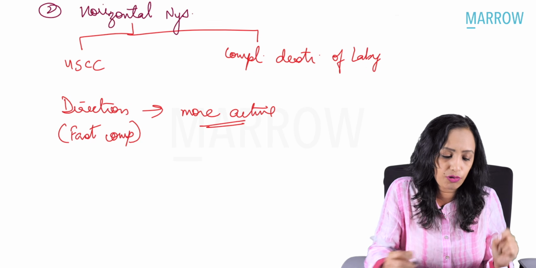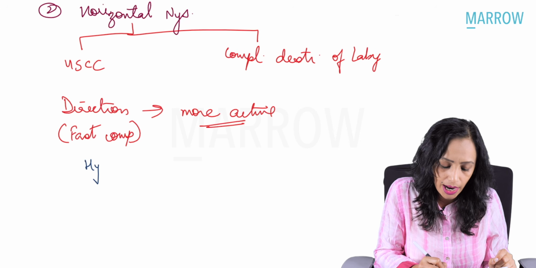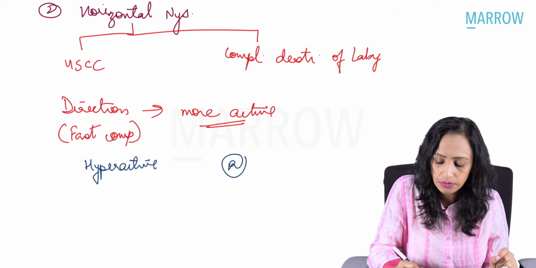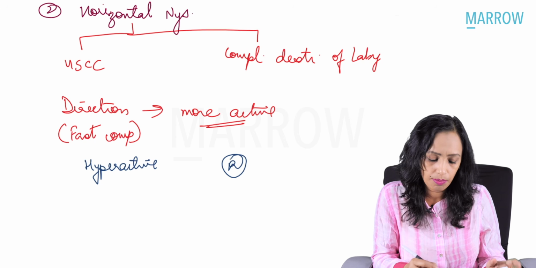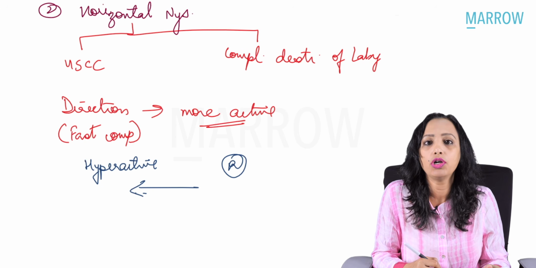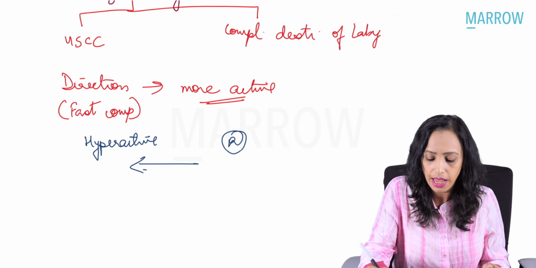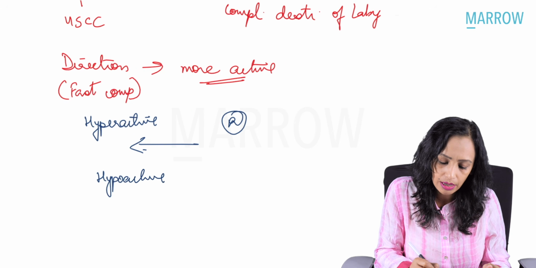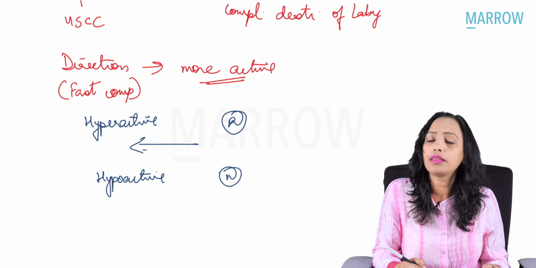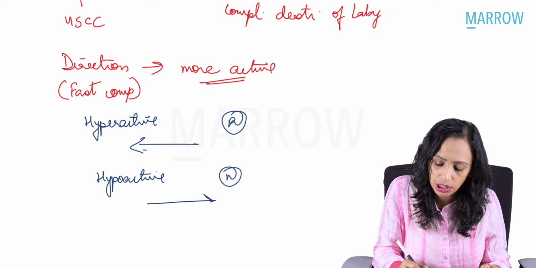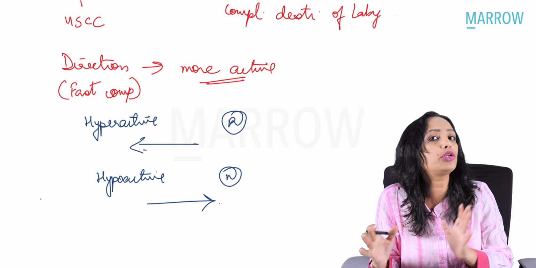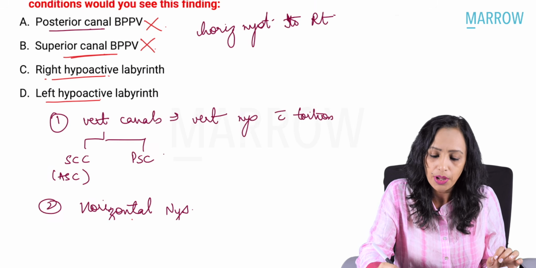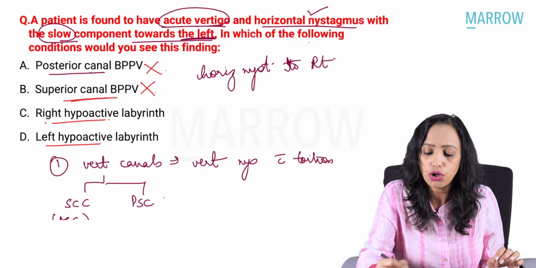Now listen to this very carefully. When I say more active, what does it mean? If one ear is hyperactive and the other ear is normal, what becomes the more active here? More active becomes the hyperactive. So then the nystagmus will be towards the hyperactive side. Whereas if one ear is hypoactive and the other ear is normal, then what becomes more active? More active becomes the normal side. So here the nystagmus will be towards the normal side, which means that if here is a patient who has a horizontal nystagmus towards the